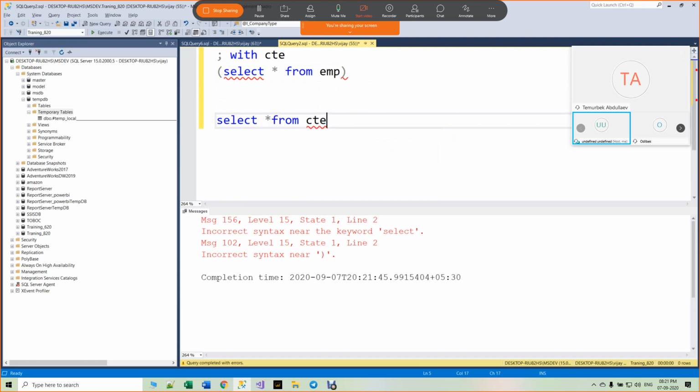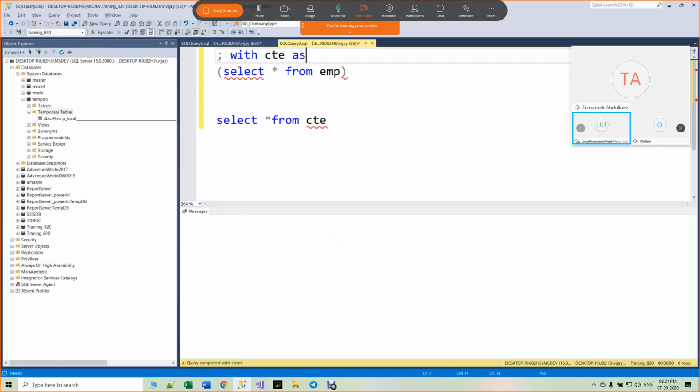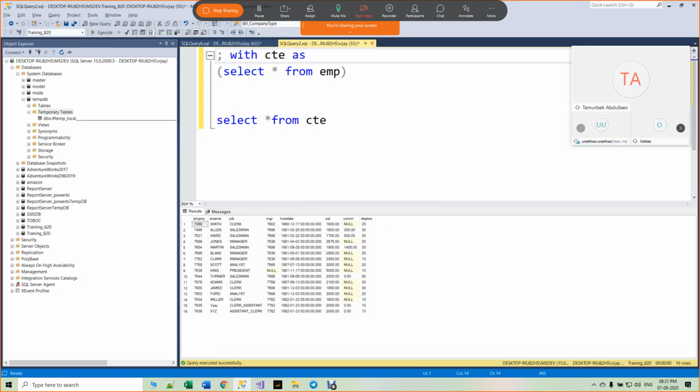Oh, it's thrown error. Okay. You no need to write anything separately. You no need to create table or declare variables. Just you can use it. Select star from CTE. Automatically, the query which is inside that CTE, the data will be displayed. Is it clear? Yes, just a moment.